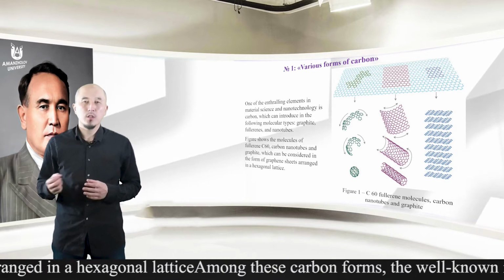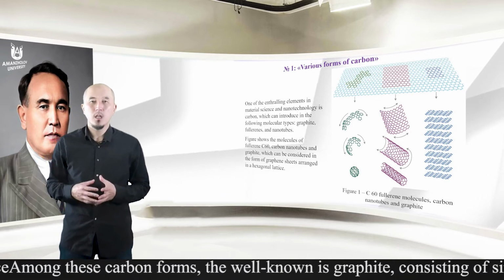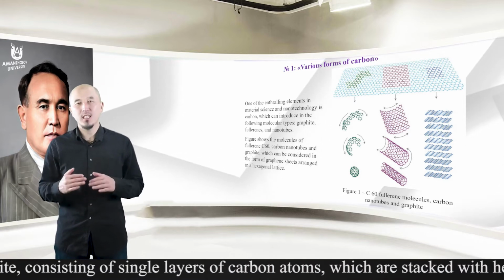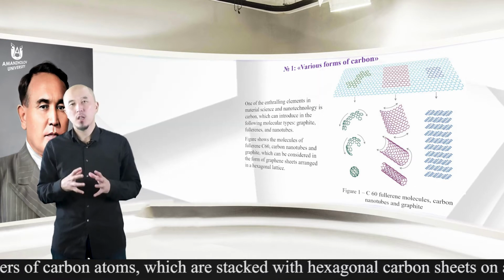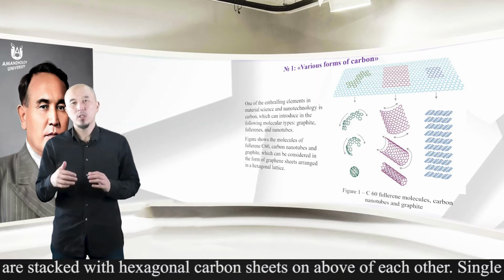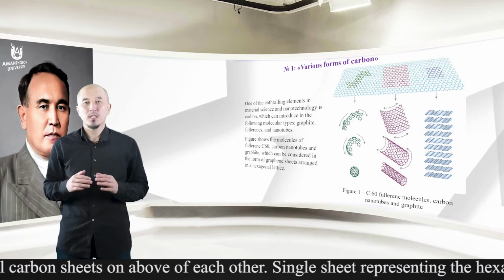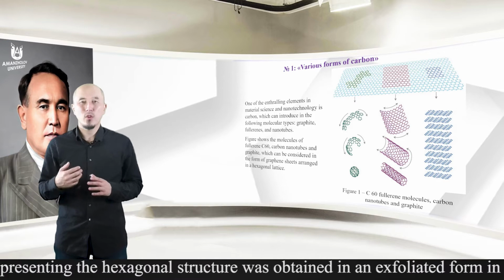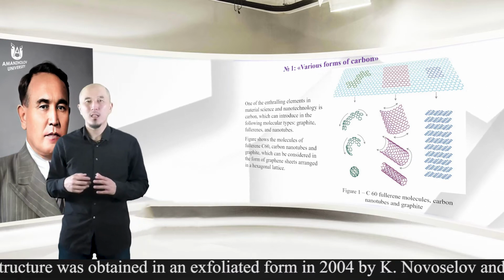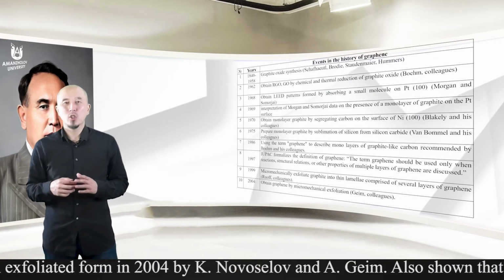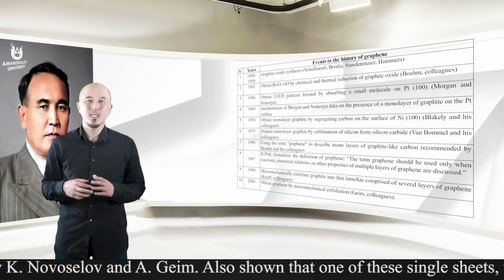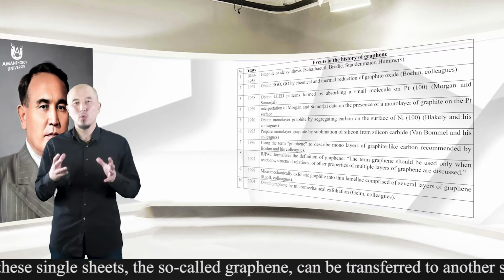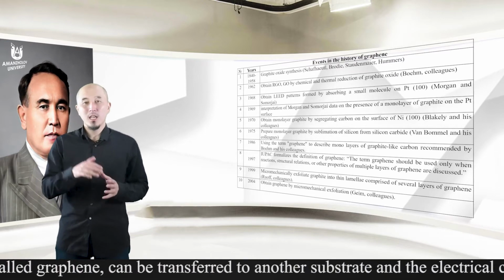Among these carbon forms, the best known is graphite, consisting of single layers of carbon atoms which are stacked as hexagonal carbon sheets on top of each other. A single sheet representing the hexagonal structure was obtained in an exfoliated form in 2004 by Novoselov and Geim. It was also shown that one of these single sheets, the so-called graphene, can be transferred to another substrate and the electrical